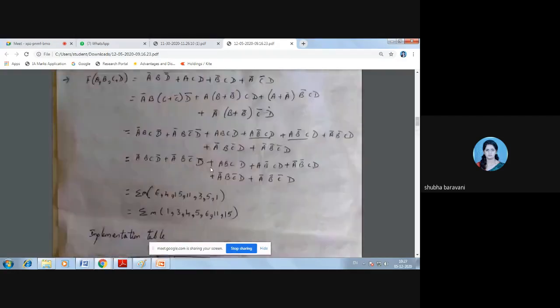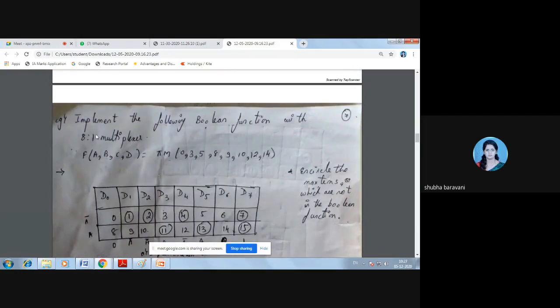अभी तक हम लोग मीन टर्म्स कर रहे थे. Now we are doing the max term. The next part: implement the Boolean function with 8:1 multiplexer. Here again, see, it is 8:1. 4 variable function है. अगर 16:1 होता था तो directly whatever is given, those I have connected to 1, and whatever mean term is not given, I would have connected to 0. ठीक है? But here it is a 4 variable function and asked to implement 8:1.